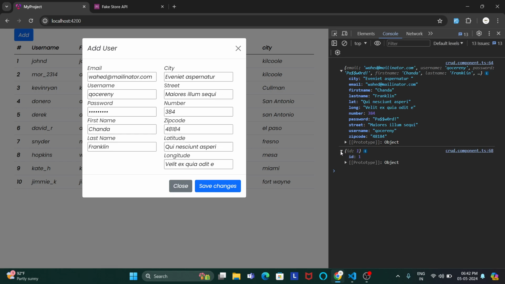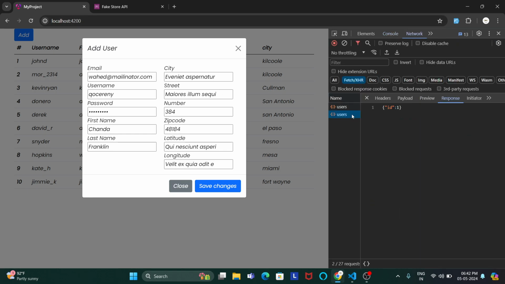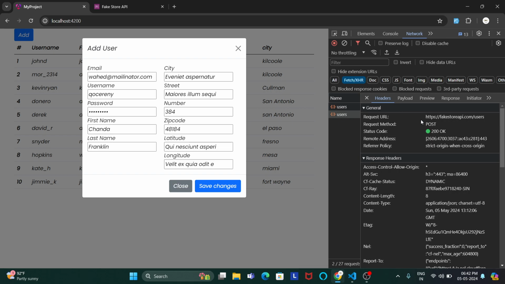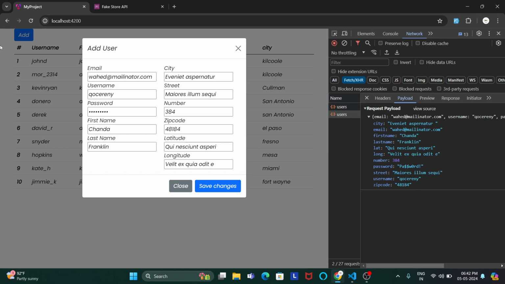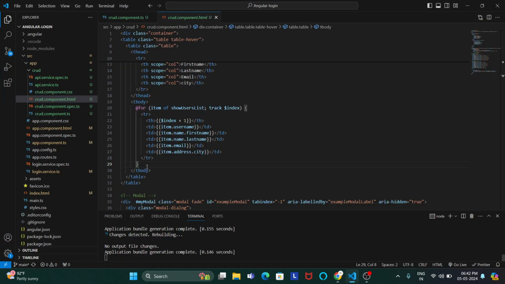As ID 1. As well as, you can see in the network tab, the header tab, the request method as post and the request URL is the Pexstore API slash users. So this is the payload, the data which I have sent, right? And the response which we got from the API. So how is this part done? Okay, we can see the